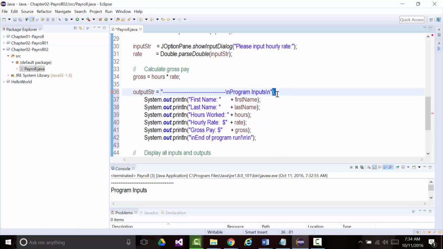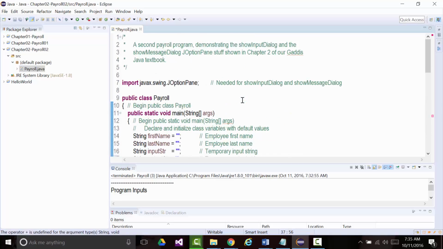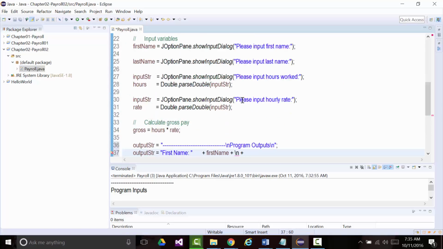So this will say program outputs. All right. And I want to add all this stuff to it every time. So this is output str equals first name and first name plus a \n plus